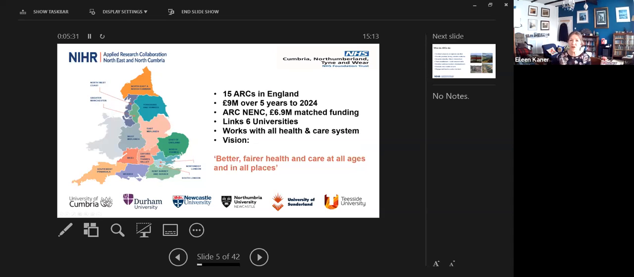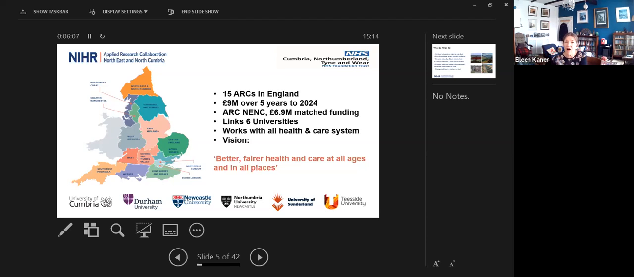So you can see from that they're sort of regional structures. Each of those 15 ARCs were given £9 million over 5 years, and they are designated, contracted to run until 2024. All of the ARCs, when they were trying to be designated, they were asked to find matched funding from their health and social care system. And when our ARC was accredited, we had £6.9 million of matched funding from our colleagues in the health and social care and voluntary sector